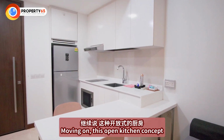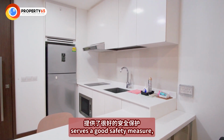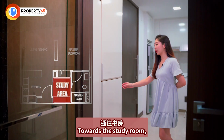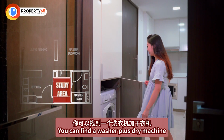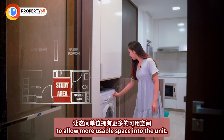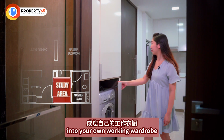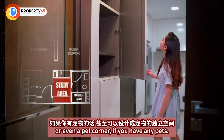Moving on, this open kitchen concept serves a good safety measure as it uses induction hob instead of a usual burner hob. Towards the study room, you can find the washer plus dryer machine tucked into the cabinets to allow more usable space into the unit. You can design this study room into your own walk-in wardrobe, an entertainment corner, or even a pets corner if